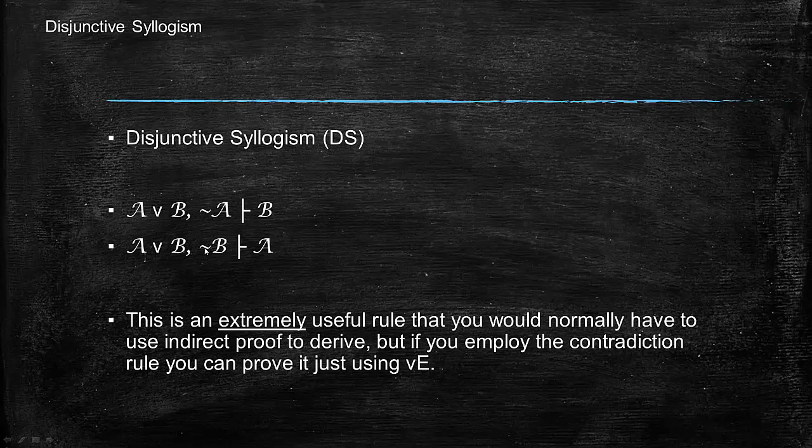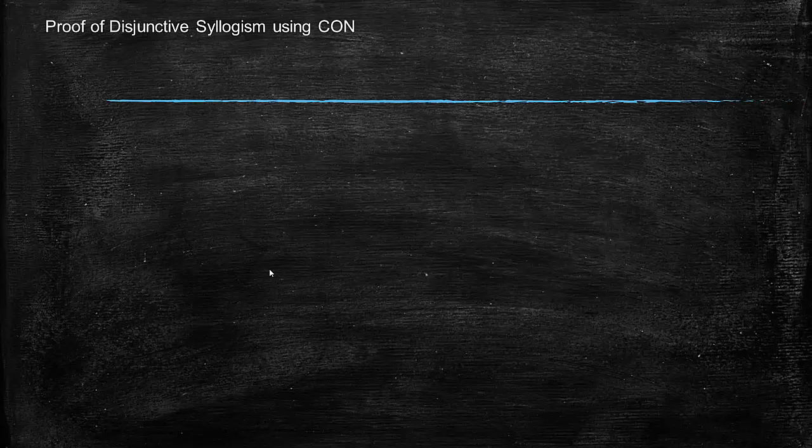Similarly, if we know that A or B, and we know that not B, it follows that A. So this is a super powerful rule that you'll want to learn. And by learn, of course, I mean commit to memory. So let's go ahead and prove disjunctive syllogism